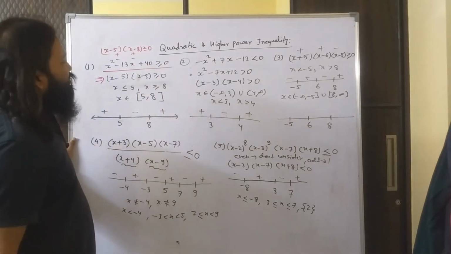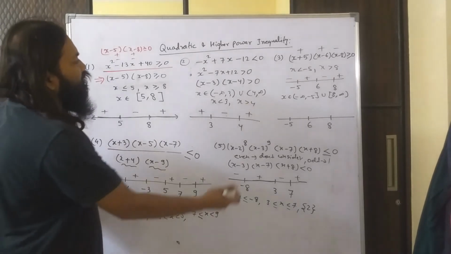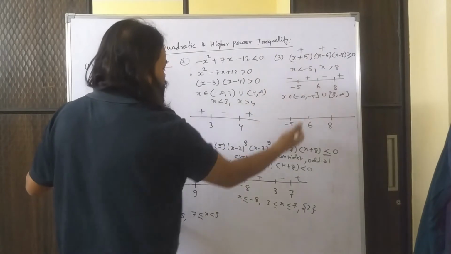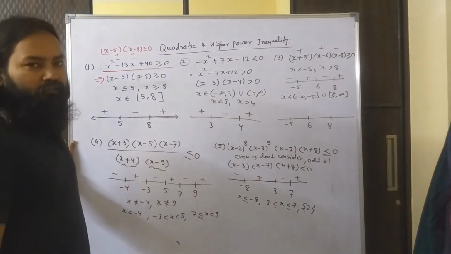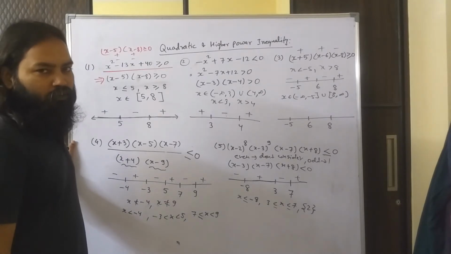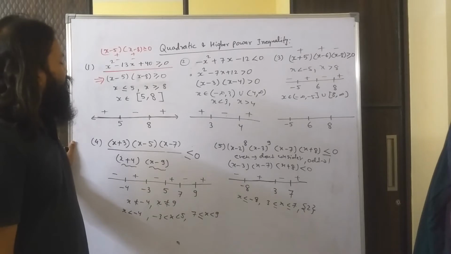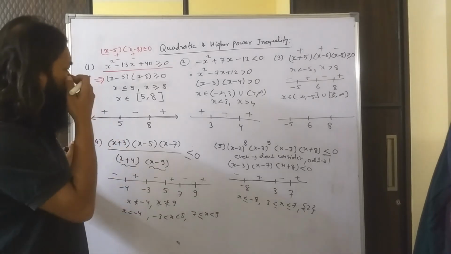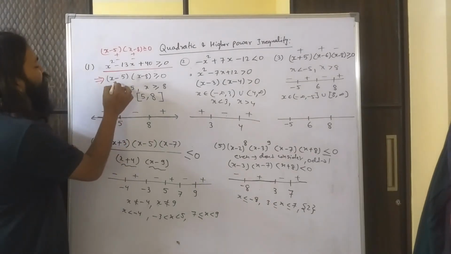So we have to take cases, but we'll see that once the number of factors increases, that approach will become very cumbersome and very lengthy and confusing. So that's why we need to have a better approach. So I say that this is the easiest approach. We take a number line. On that number line, the first step is to equate all these brackets to 0 and find the value of x.